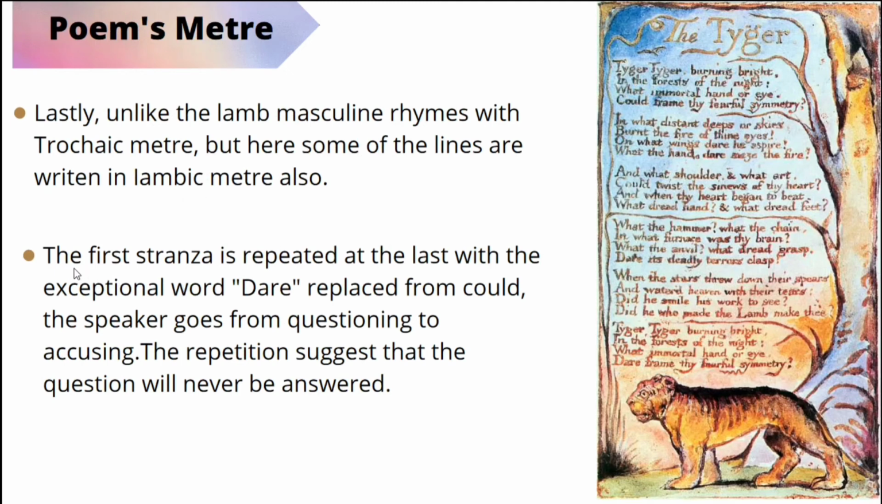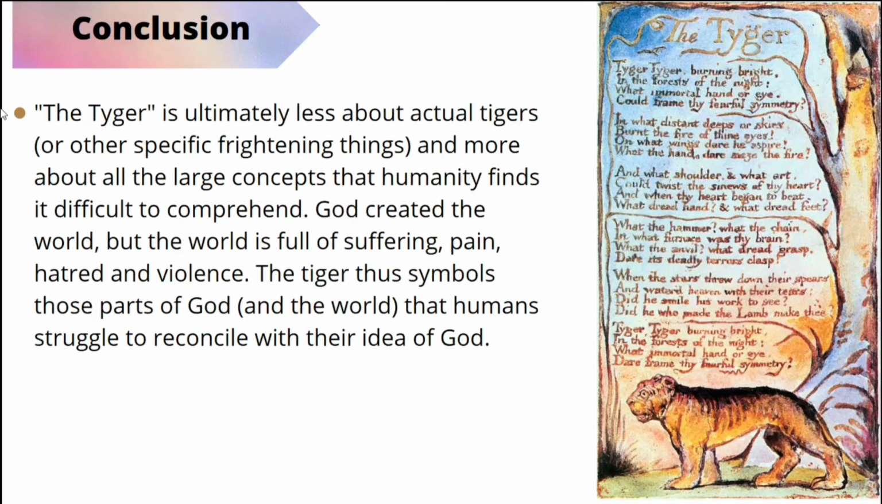So the first stanza is repeated at the last with the exceptional word dare replaced from could. So the speaker goes from questioning to accusing. The repetition suggests that the question will never be answered. So in conclusion,